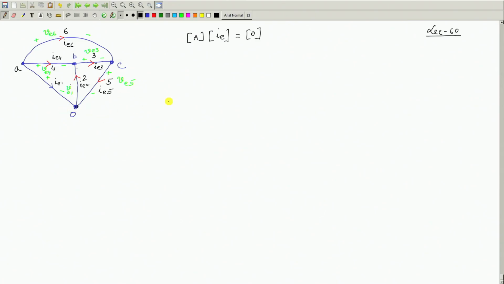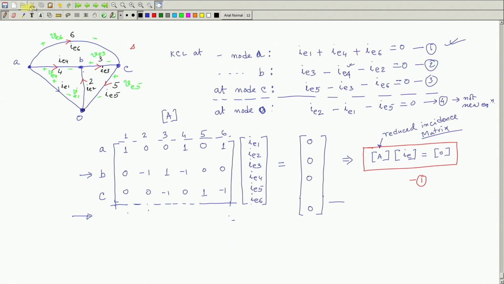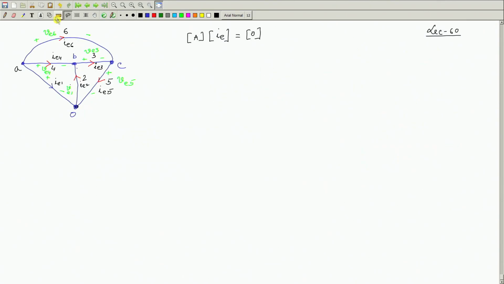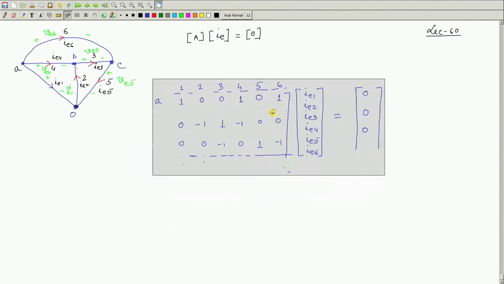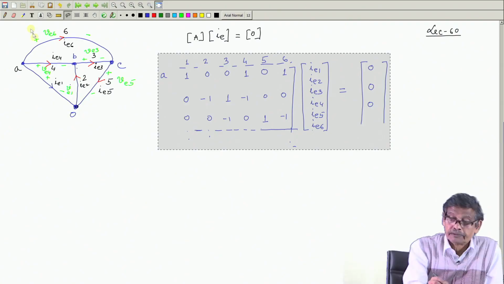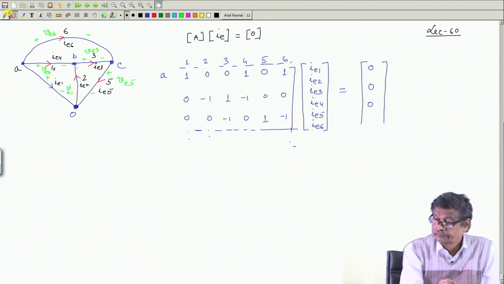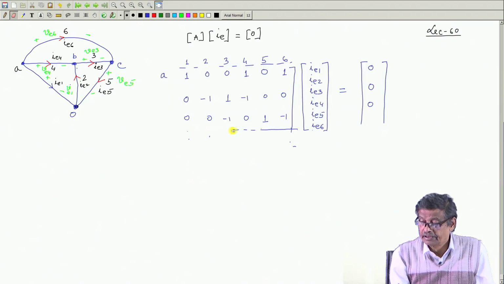How did we get that result? This is the result we got. Let me cleanly write it now,